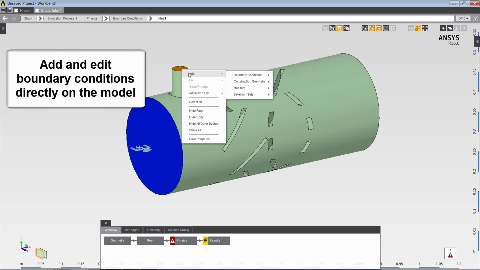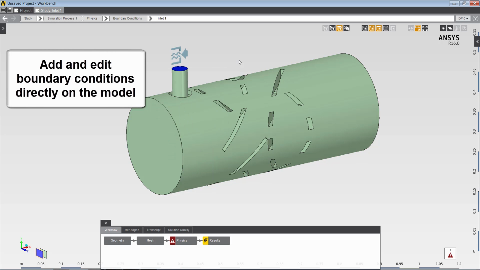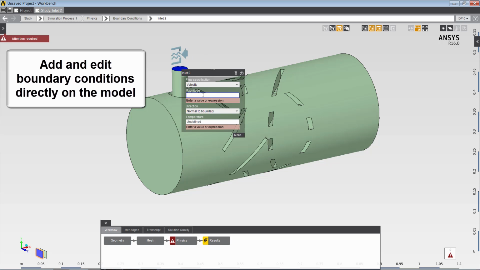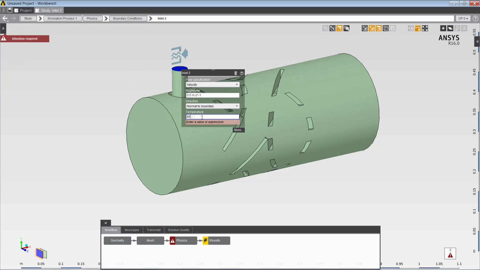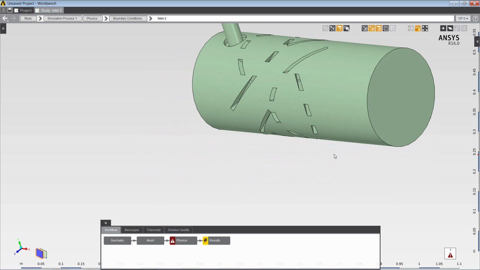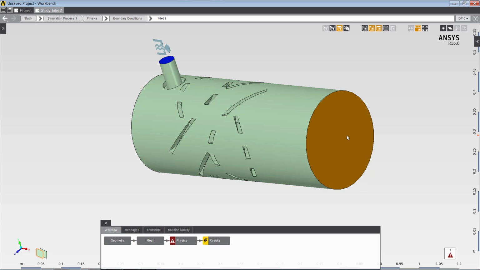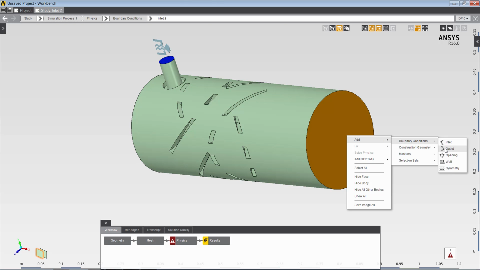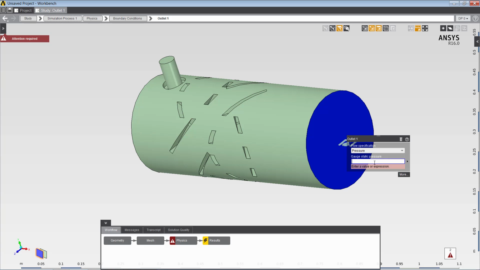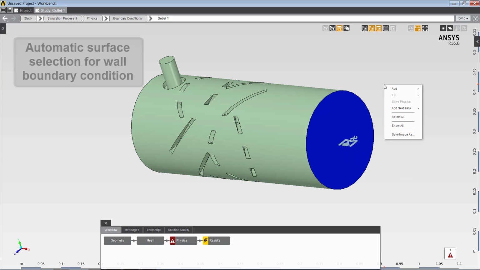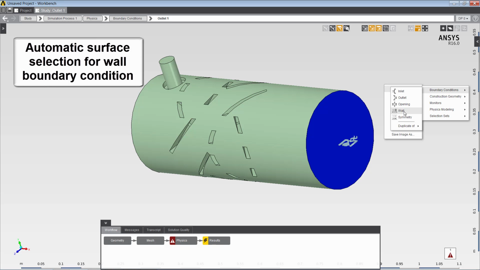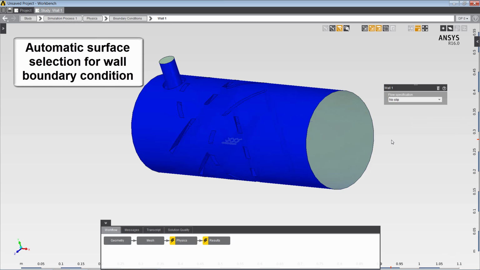Next, I'll select the hot water inlet and apply an inlet velocity of 0.5 meters per second and an inlet temperature of 80 degrees Celsius. I'll also specify an outlet condition and apply a static gauge pressure on the outlet of 0 pascals. And finally, I'll specify a fluid wall boundary condition by allowing AIM to automatically select all unspecified surfaces as the